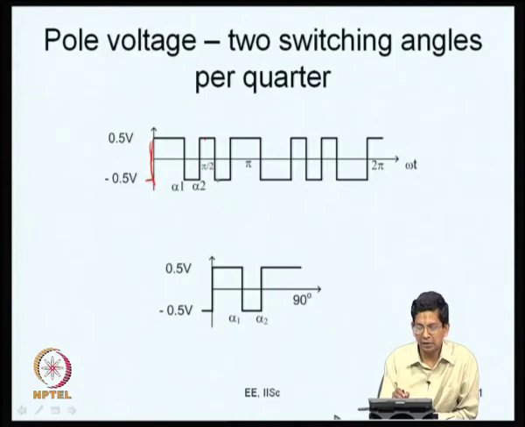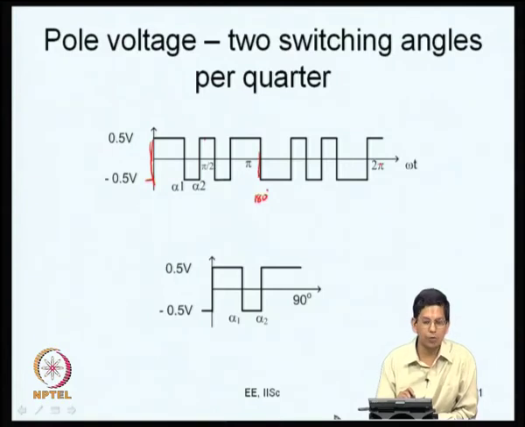Then at 90 degrees there is a switching, this is pi minus alpha 2, this is pi minus alpha 1, and then you have pi, at pi it is switching back here, this is 180 degrees. So, you have half wave symmetry. Because the waveform has half wave symmetry, it is enough to consider only 1/2 of the waveform. Because the waveform has quarter wave symmetry, it is enough to consider just 1/4 of the waveform.